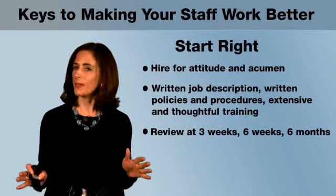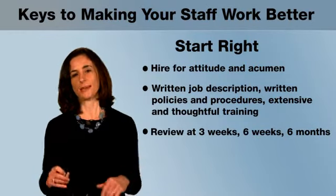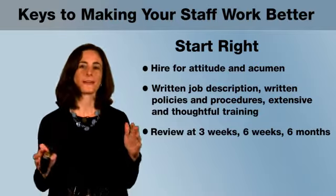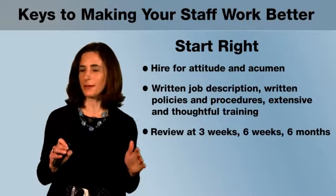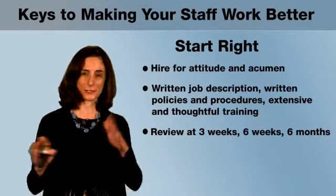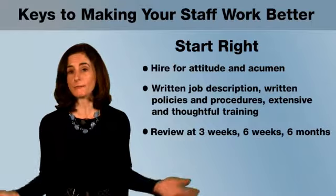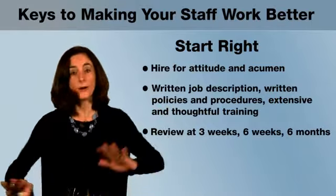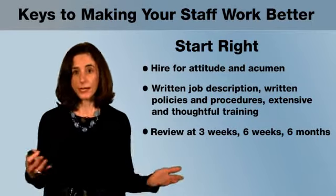Now, every time you make a new hire, think about hiring for attitude and acumen rather than experience. I'm going to tell you a story. I went not long ago through a coding workshop. I became a certified professional coder. So I'm in this room with all these people who have been doing billing for medical practices for years, like 20 years. Now, I knew nothing about the topic, but I was sitting there trying to answer the questions